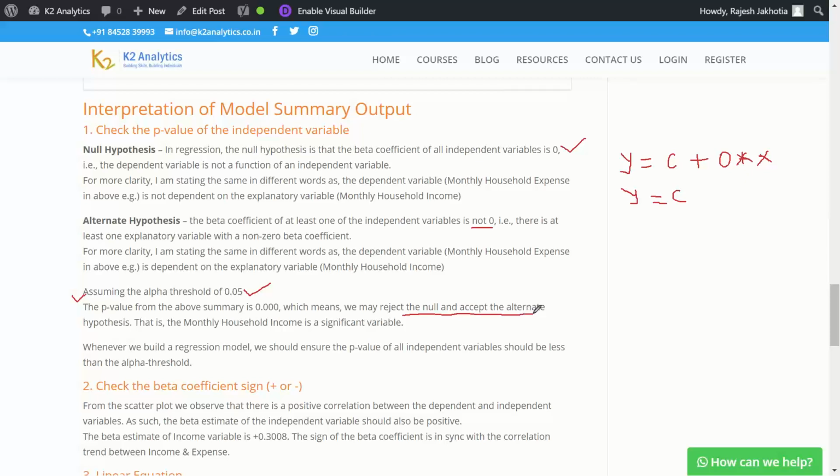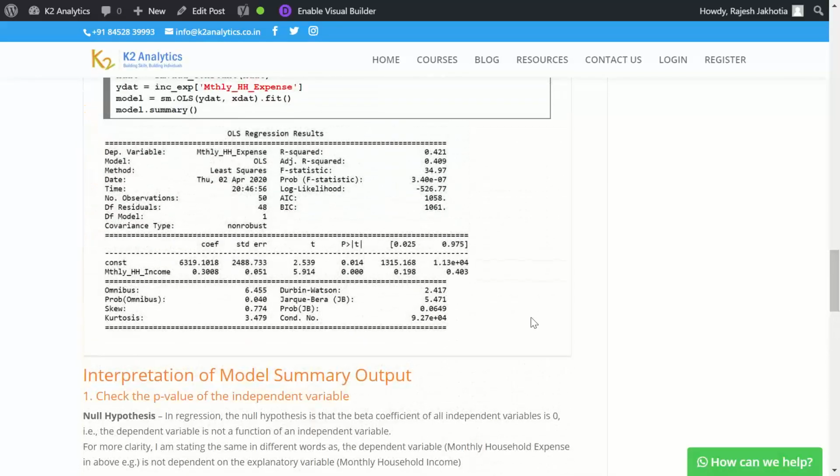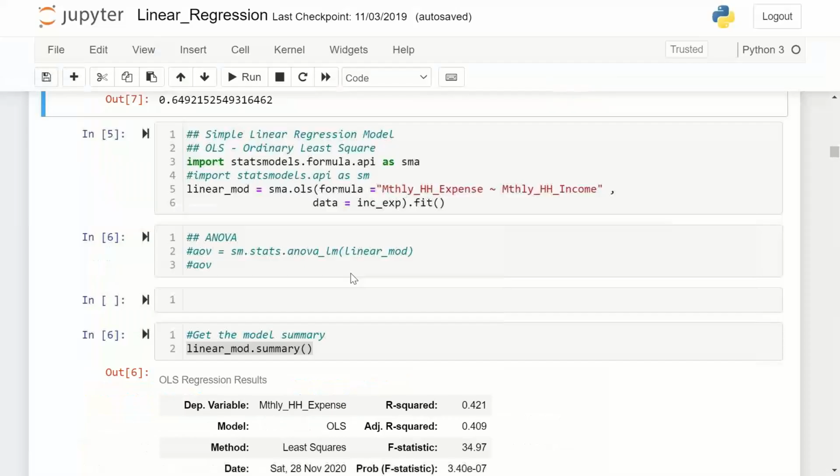This is what comes from hypothesis testing. In this case, the p-value of our independent variable is less than 0.05. Because it is less than 0.05, this is here. Here you can see the p-value, or probably I'll show it in my Jupyter notebook.